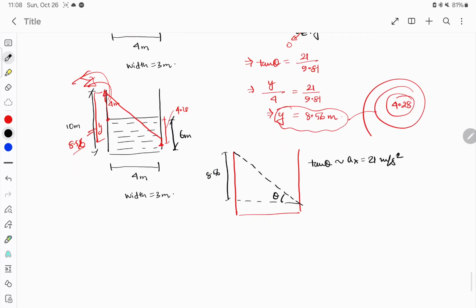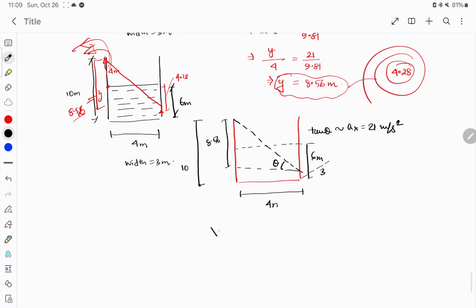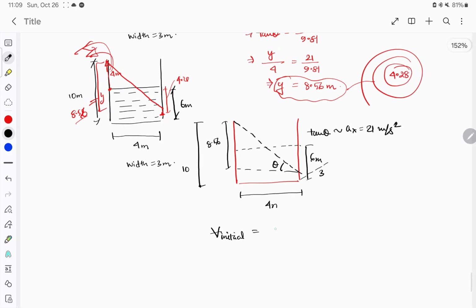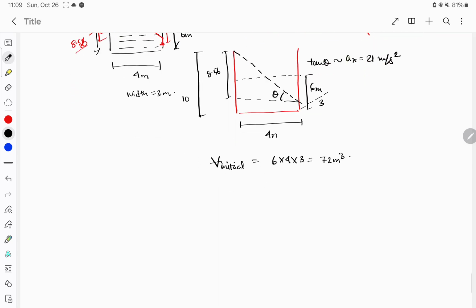है ना, this is 8.56. Initial volume was what, this was 6, this was 10, this was 4, and this side was 3. So initial volume अगर हम कैलकुलेट करते हैं, initial volume of water that was present inside the container was 6 into 4 into 3, that is 72 मीटर क्यूब। और अभी कितना है, अभी इतना है, दिस इज द पार्ट